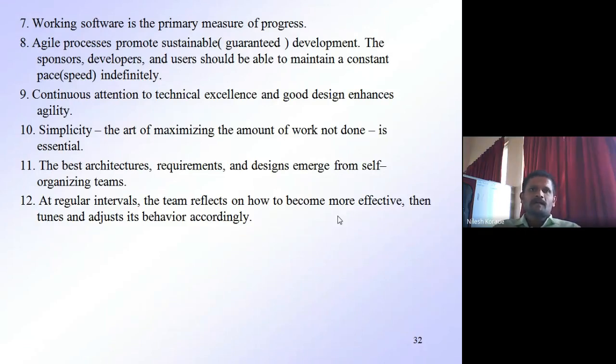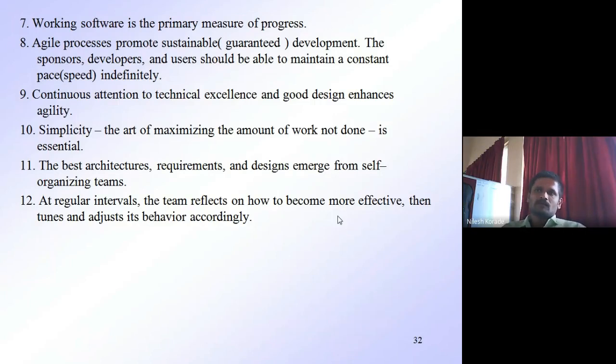And the last principle: at regular intervals, the team reflects on how to become more effective, then tunes and adjusts its behavior accordingly. This principle is saying that whenever a certain time has elapsed, you should check your performance and think about how to become more effective.